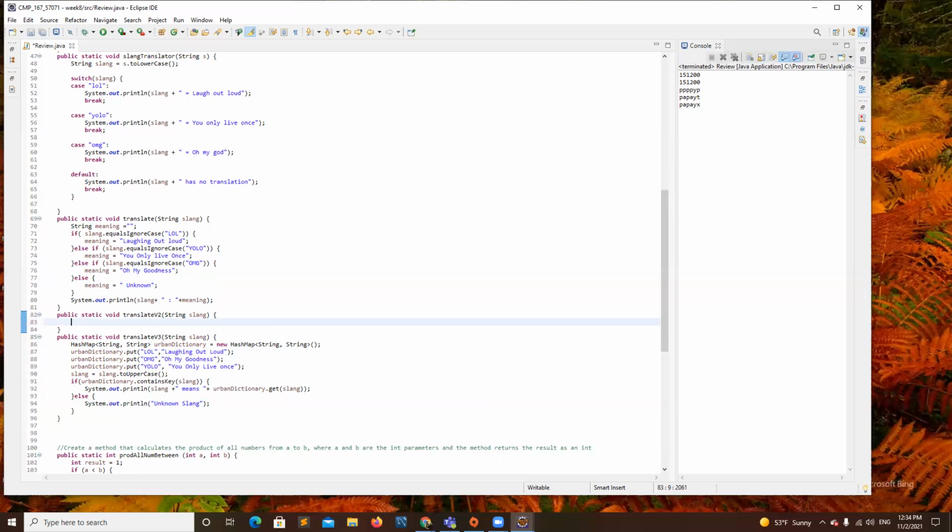String array of slangs that will be allocated in the same position in a different array. Okay, so I could have this slang. Oh my God, and another slang.